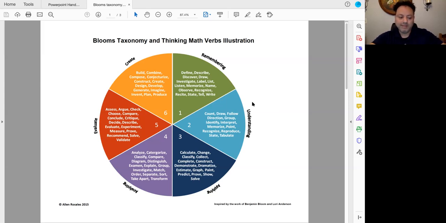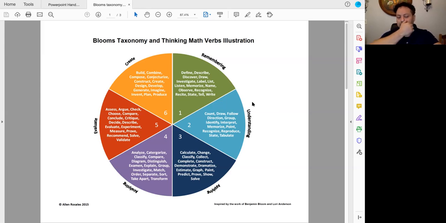So for example, we can't say the child is going to learn their numbers, or the child is going to learn about Goldilocks. That objective is not measurable, right? Because you can't measure learning. But if you have children identify the first 5 numbers or the first 5 letters or something that they identify, that could be measured because we can observe it and we can see them doing that, right? And so that's more specific and measurable.